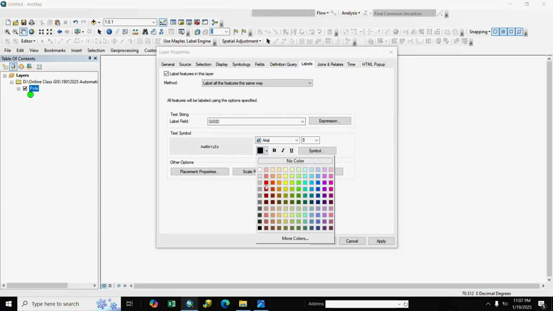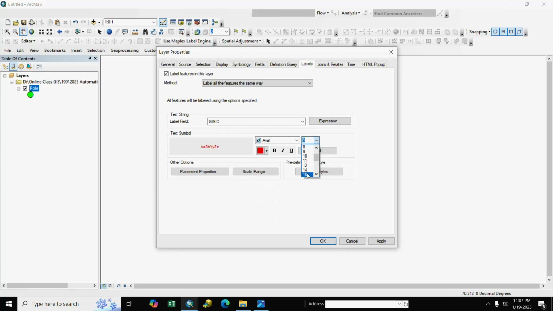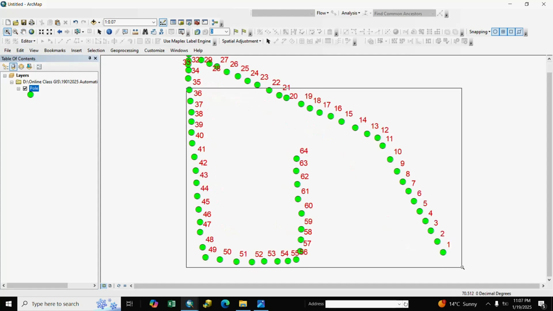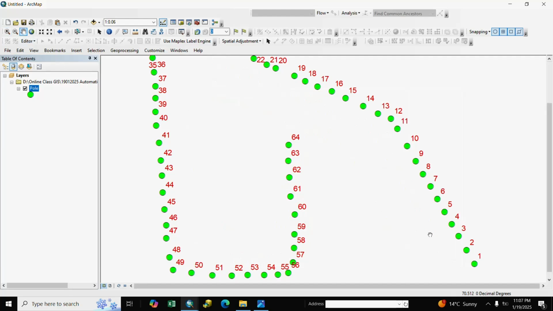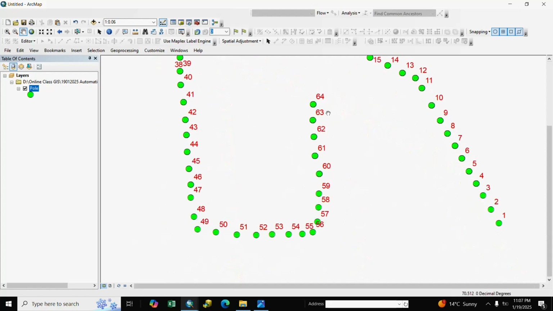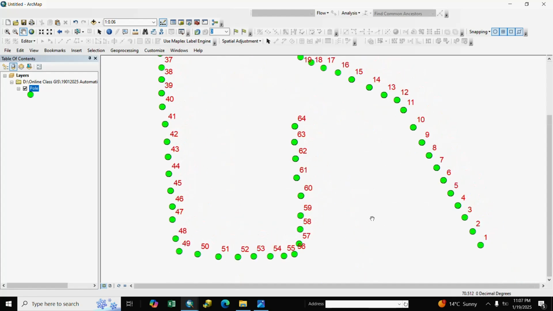Select color, size and OK. You see here our points, meaning poles. Here are poles. We generate a line 1, 2, 3, 4 and so on, and the last is 64.